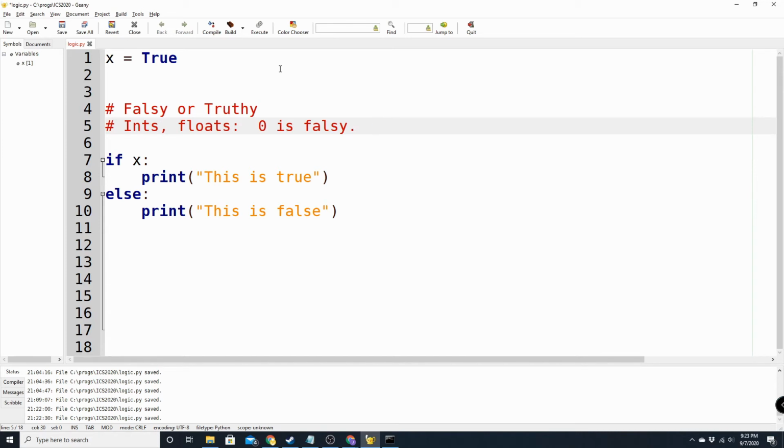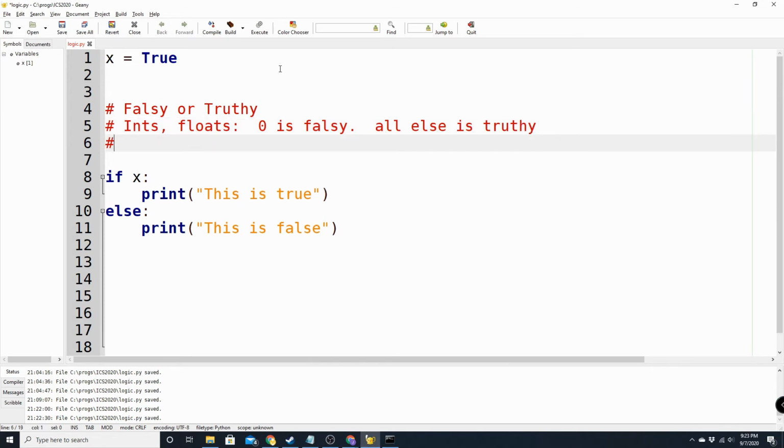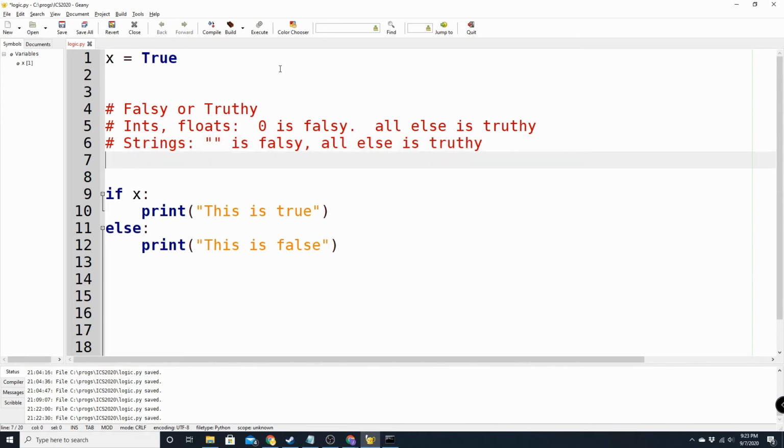Everything else is truthy. For strings, an empty string is falsy. Everything else is truthy. Those are going to be the ones that you encounter most often, but we also have